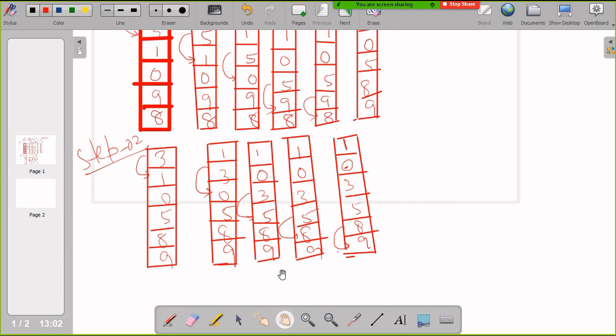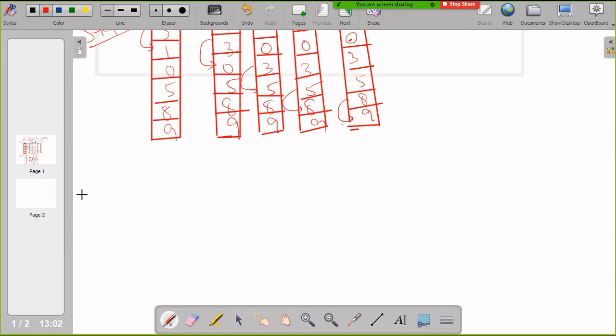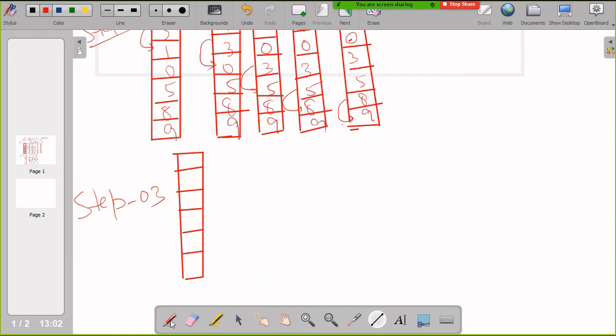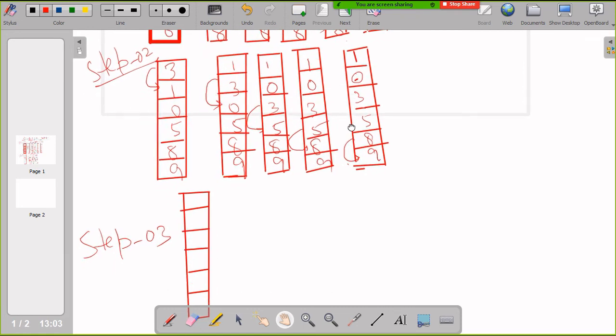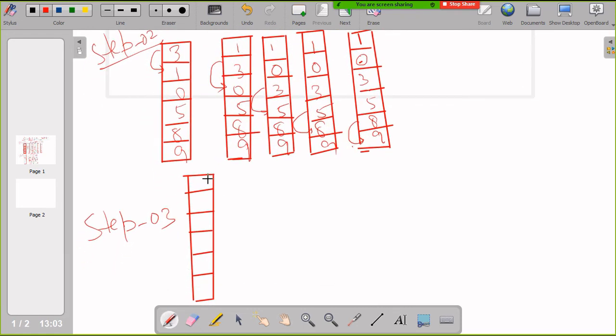Now next time again we have to do step 3. In step 3 the elements are 1, 0, 3, 5, 8, 9.